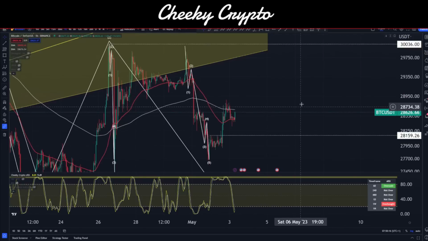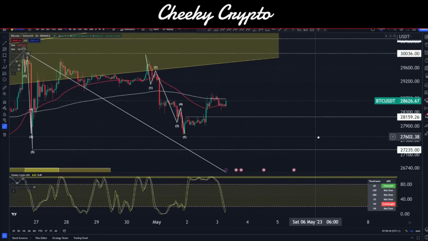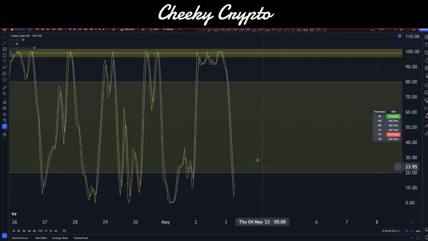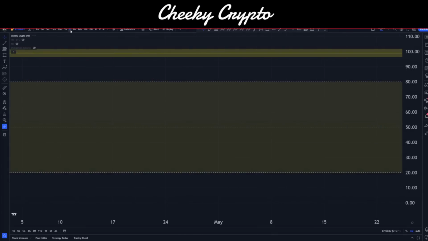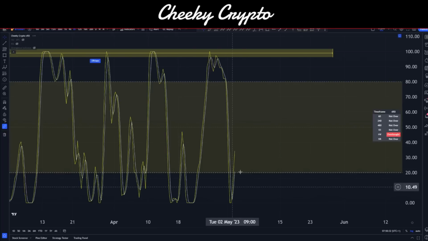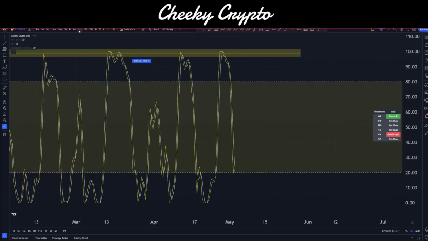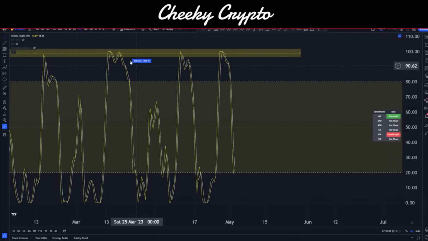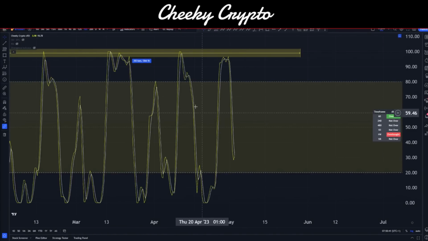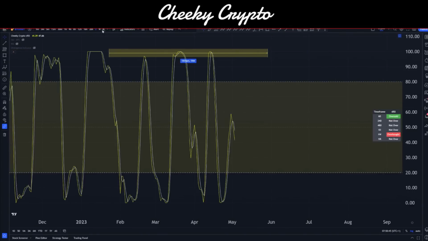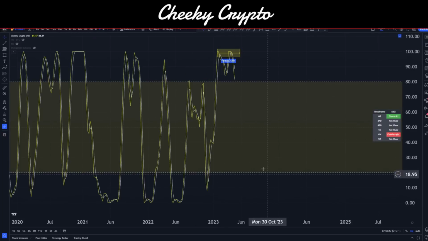Now, when we zoom in a fraction further and take a look at our stochastic, we can still see there's room to the upside on the 1 hour chart. If I take this to a 4 hour, we're almost overbought. We can reverse from here if we needed to. The 8 hours is also progressing upwards, 12 hours reversed, but it still has room to the downside, I will note. It's not oversold. 16 hours still has to come down a bit as well. 20 hour can come down. Daily can still come down. Weekly has a long way to go down.